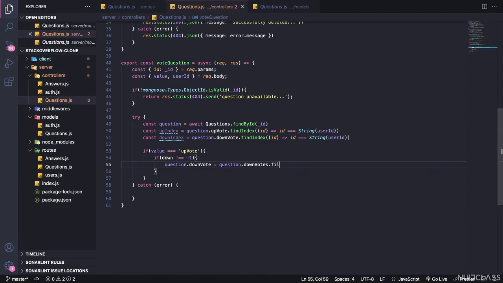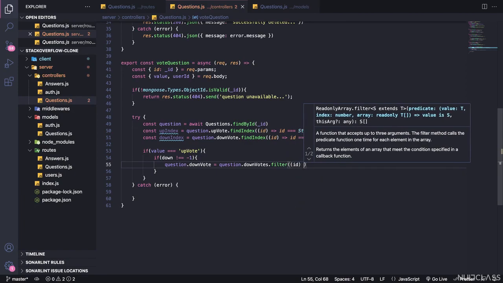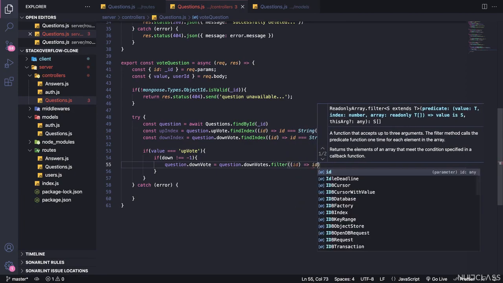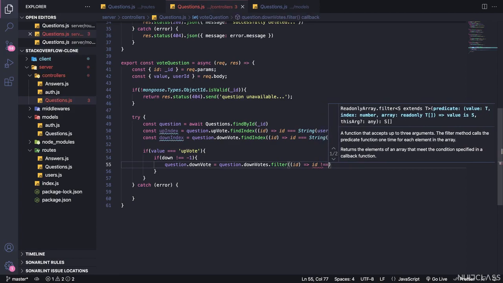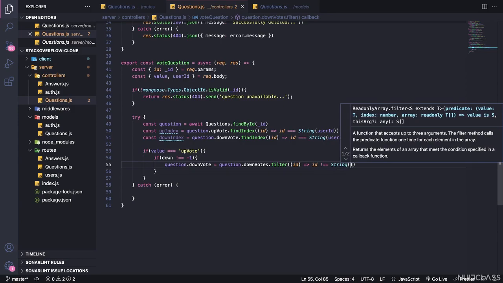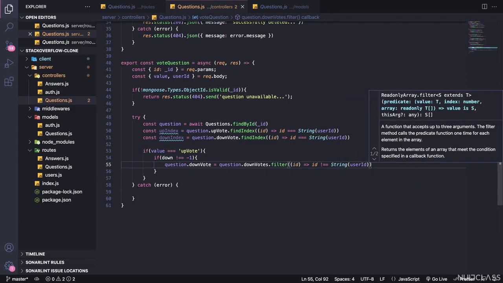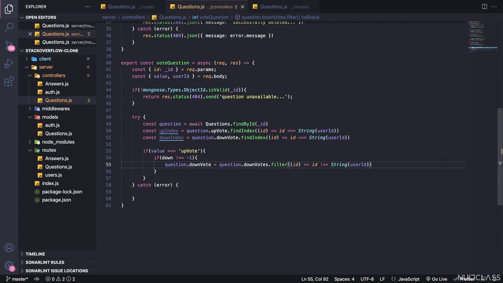We are going to make it question.downvote.filter of id, where id doesn't equal String of userId. If you get confused about what I have done here,